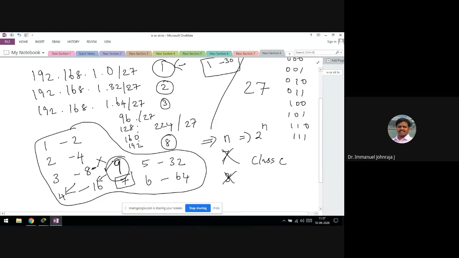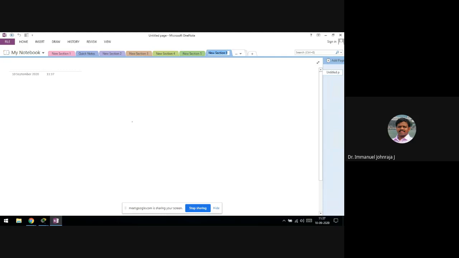This is how our subnetting goes. Now I want to show you a small topology, and you are going to tell me. This is the router, LAN A, this is LAN B, and this is LAN C. Sorry for the typo. LAN A requires 50 IP addresses, LAN B requires 50 IP addresses, and LAN C requires 50 IP addresses.